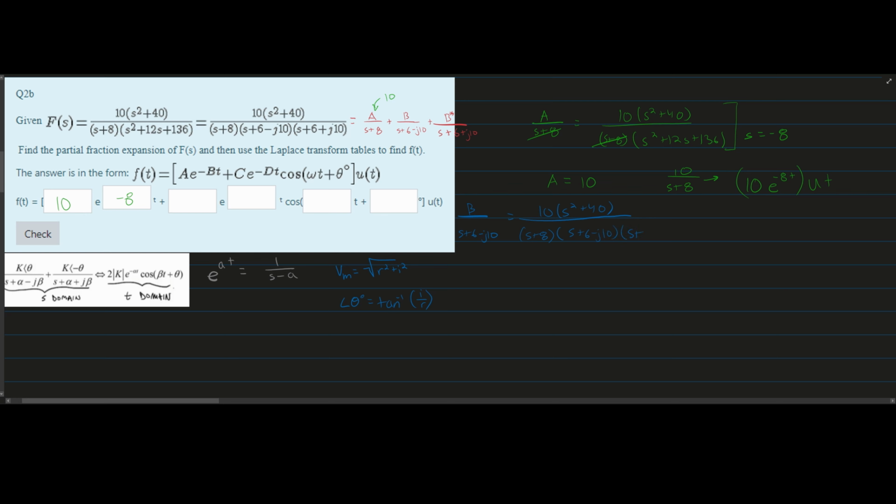And then we're also going to have s plus 6 plus j10. Now, looking at this, we can factor out this with this. So those are no longer going to be an issue. And then we can plug in s equal to -6 plus j10, because that would have